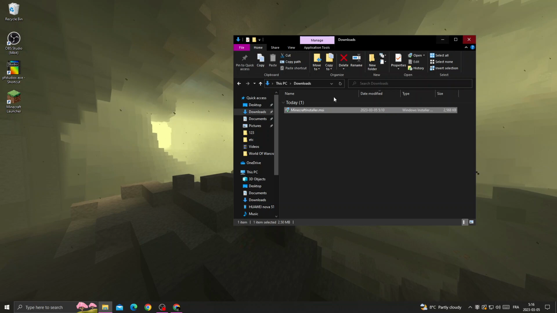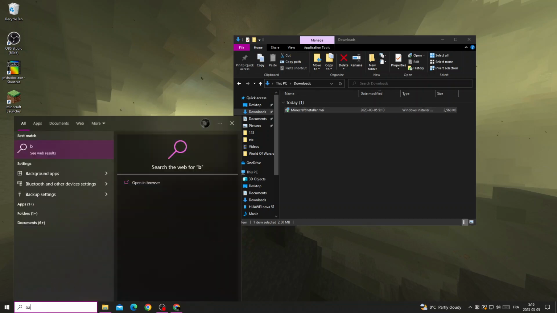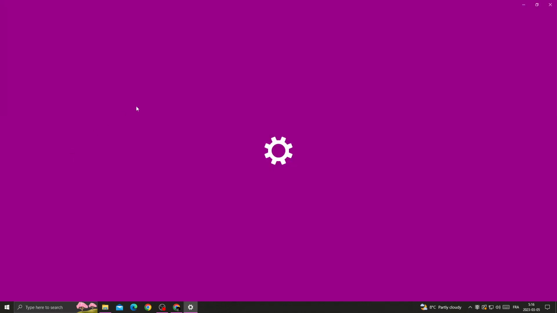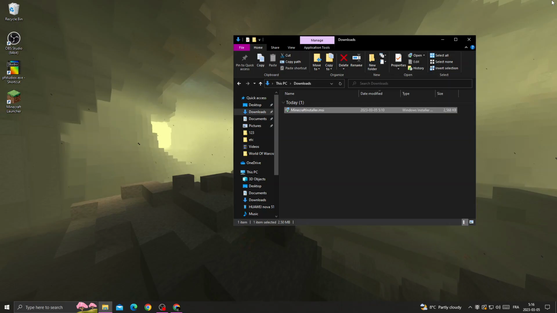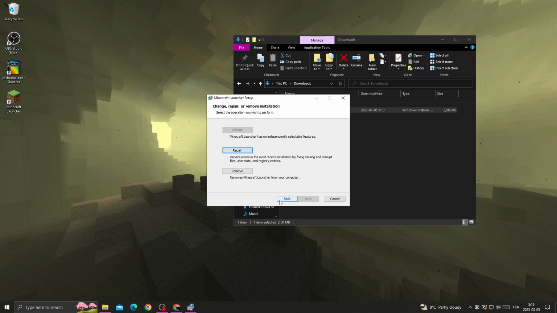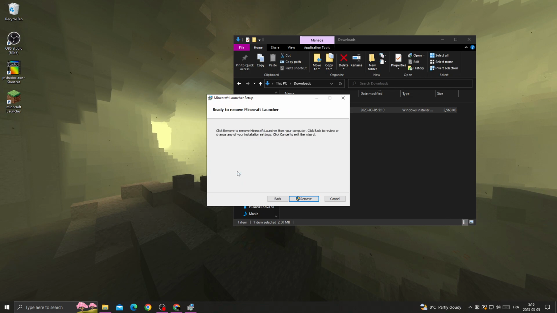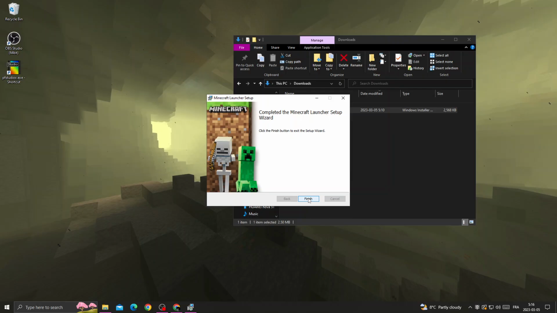If you want to fix this problem, all you have to do first is type here background apps and make sure to disable the first option here and then close this window. And now after that just run Minecraft installer, click next, now click remove and then remove, and after that all